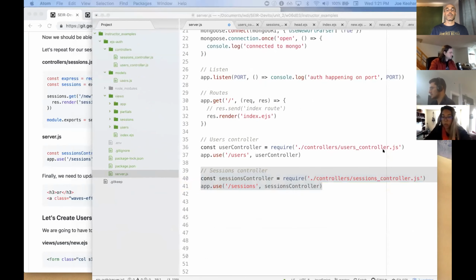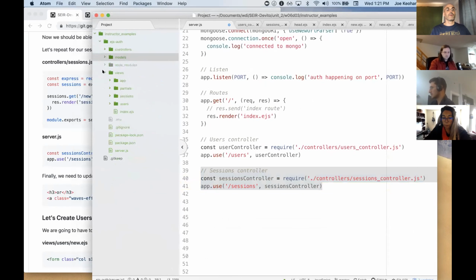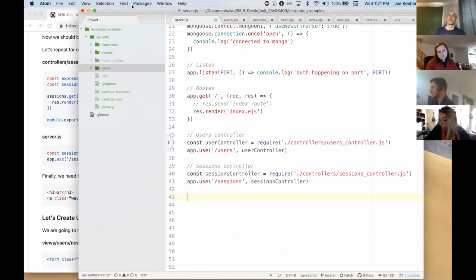Importing it, only a single dot here because we're all within the same file structure. So we just need to, from server, find controllers, which is right next to it, and then go into controllers. Okay? And the only other thing we're going to need to do really is, you know, the difference between the